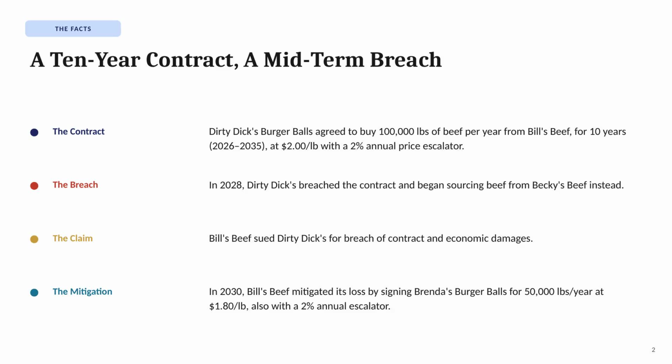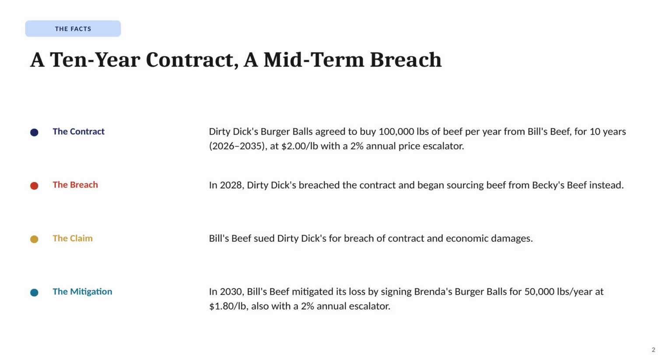However, in 2028, Dirty Dick's breached the contract and walked away from the deal. Thereafter, Bill's Beef sued Dirty Dick's for breach of contract. Beginning in 2030, Bill's Beef met its legal obligation to mitigate its loss by finding a replacement buyer, Brenda's Burger Balls, who agreed to purchase 50,000 pounds of beef per year at $1.80 per pound with a 2% annual price